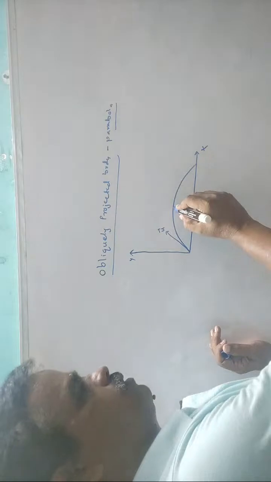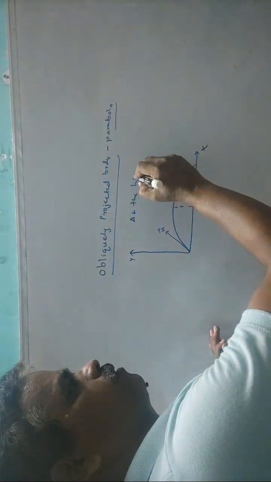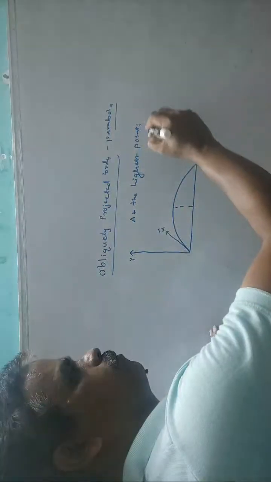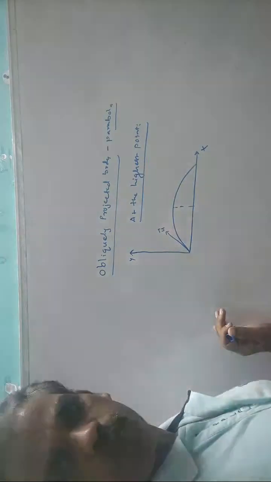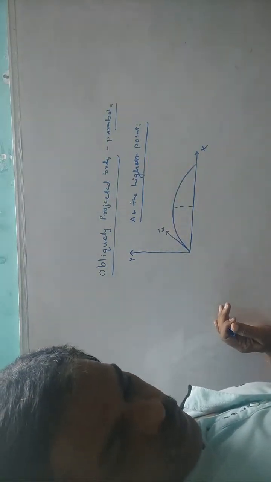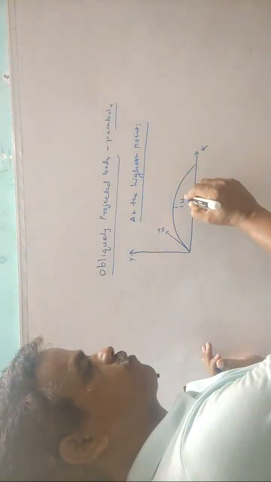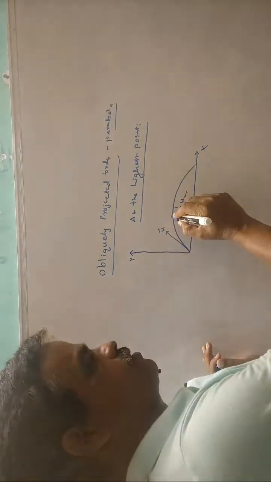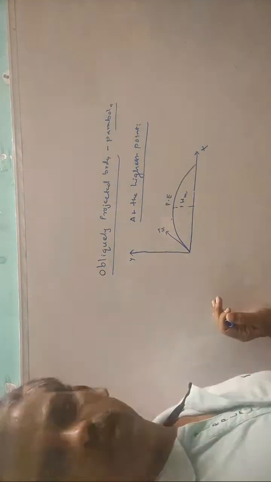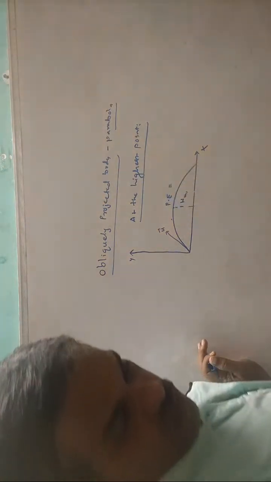See, what about at the highest point? At the highest point. So what we want to calculate is the highest point. The highest point means the maximum height. What is the potential energy? So if we want to calculate potential energy,